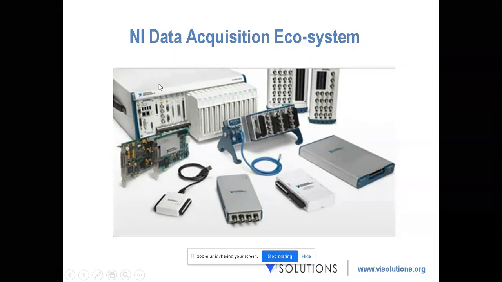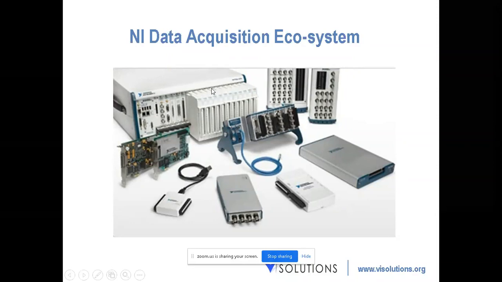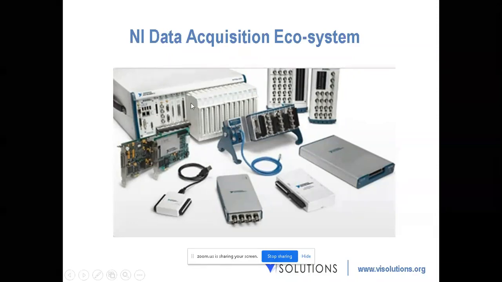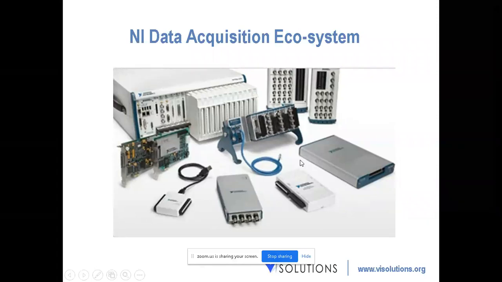So this one is called PXI. Basically it has a large number of inputs and outputs. It could be used in different locations and in a laboratory environment. And this could be used in a rugged environment. If you see, the make of it itself is very rugged in nature. So these will all be attached to your computer directly, and this is very small.